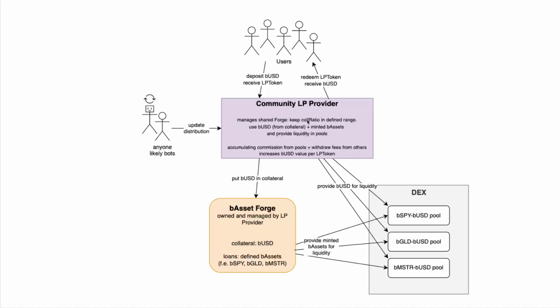So this contract now holds a delta neutral position in those assets, because on the one hand they are short the asset via the forge, so they have to pay back the asset, but on the other hand they have the liquidity position in the DEX, so the smart contract can always liquidate the position and pay back the loan. But they earn commission on this